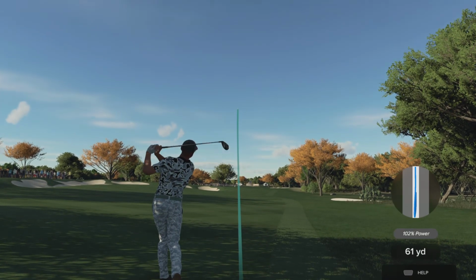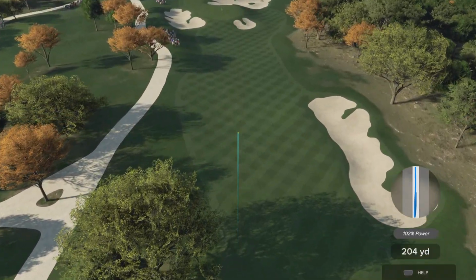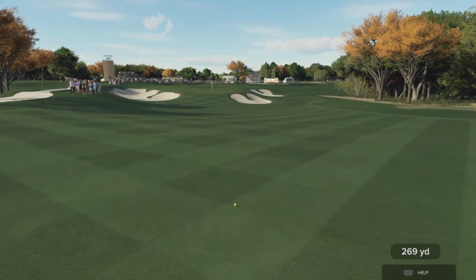You know, the Valero Texas Open is such a hugely popular and famous event in this great state of Texas. I know as a proud Texan, Beamer, this was one you wanted to win at some stage in your life. You get the cowboy boots for...